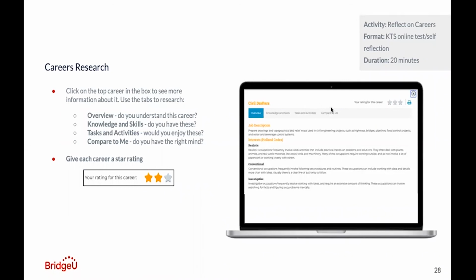And then the last section, compare to you. Do you have the right mind to be suited to this career? You can also rate each career from 0 to 3 stars based on how well it reflects your interests. Then on the previous page, you can use the filters to only show you careers with a 3-star rating. These are probably going to be the careers that you want to research in a little bit more detail. And this information can be absolutely